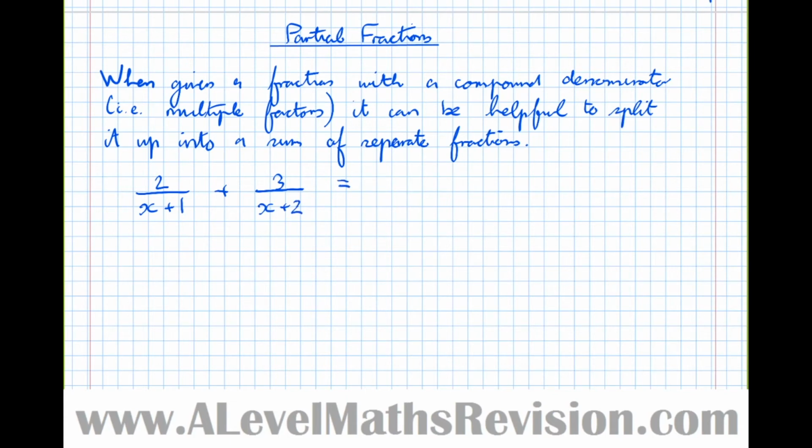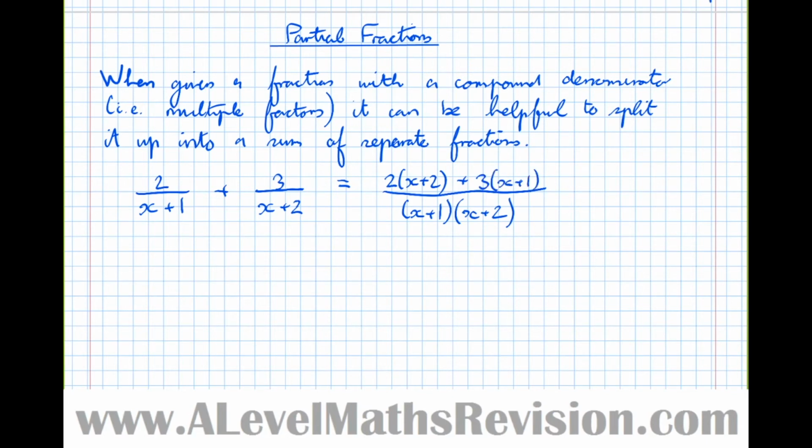So the way I do this, I'd decide on what the denominator was going to be. If I want to add those fractions together to combine them, the denominator is going to have an x plus 1 and an x plus 2 in it. If we multiply both fractions together, we can get the same denominator. Now the first one, to get it to say x plus 1, x plus 2, we multiplied by x plus 2. The second one, to get an extra factor of x plus 1 on the denominator, we're going to times both the top and the bottom by x plus 1